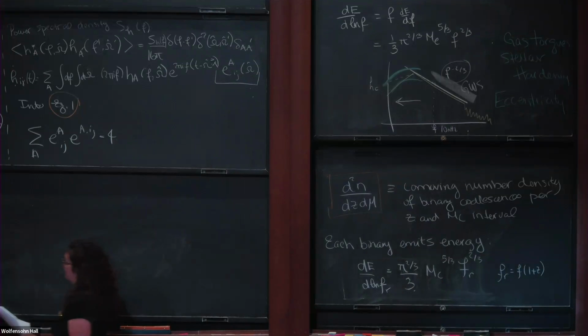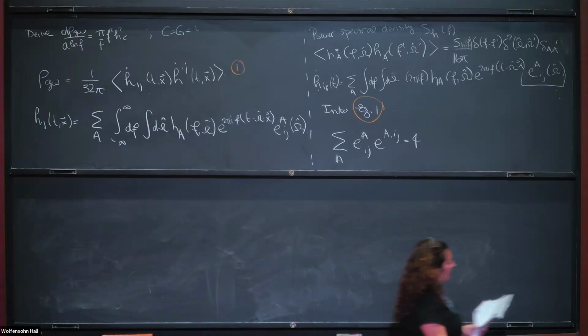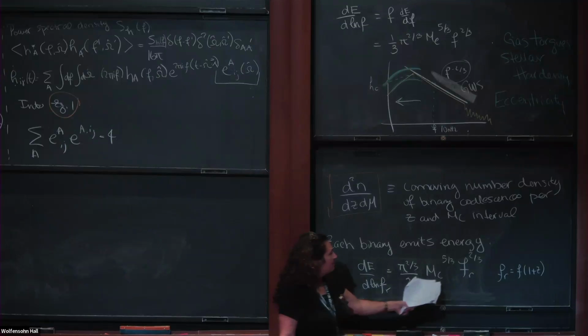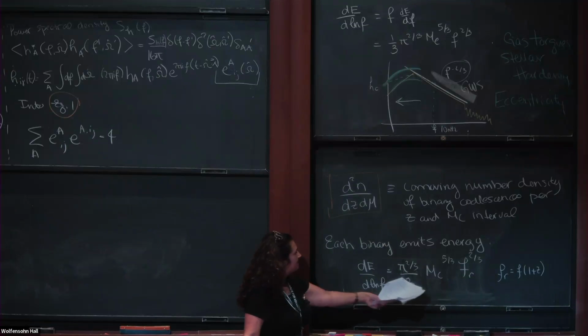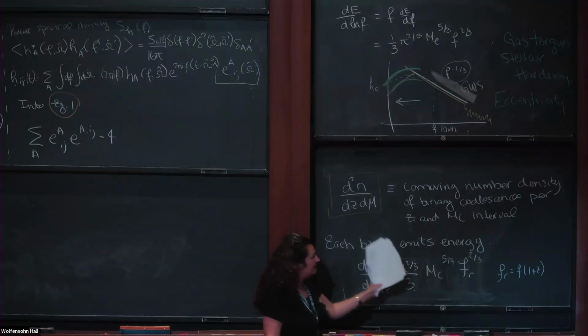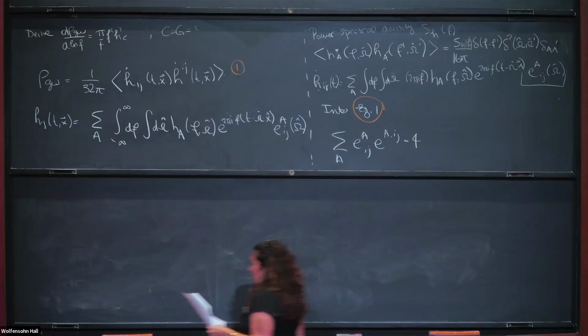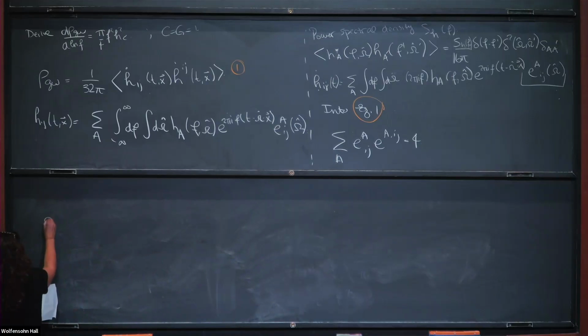Thank you, Emiko. Okay. So now we have to integrate over the whole population, right? This is for a population of binaries. So we've got that part. We've got our energy evolution formula. We're being very careful with our functions of z's. And you can probably tell that redshift is coming into play because now we have a dz here. We have an f_r here, which is a function of 1 plus z. So now we tie all of these bits together to write down this gravitational wave energy density,